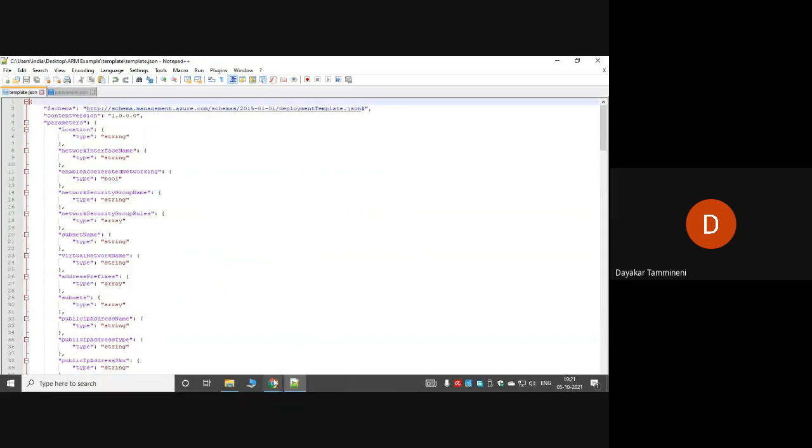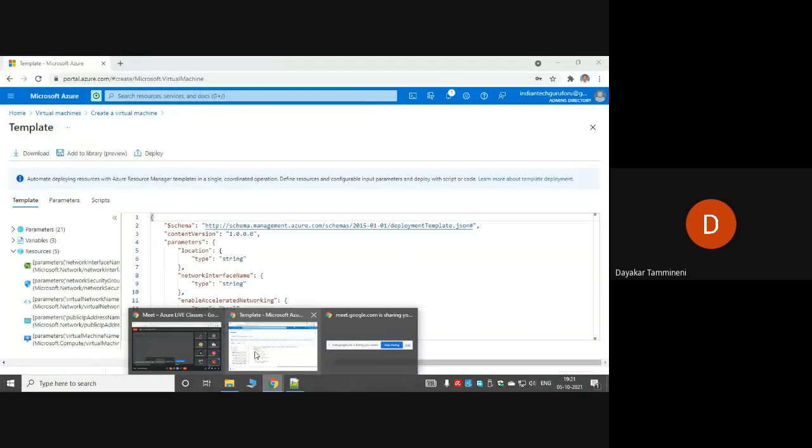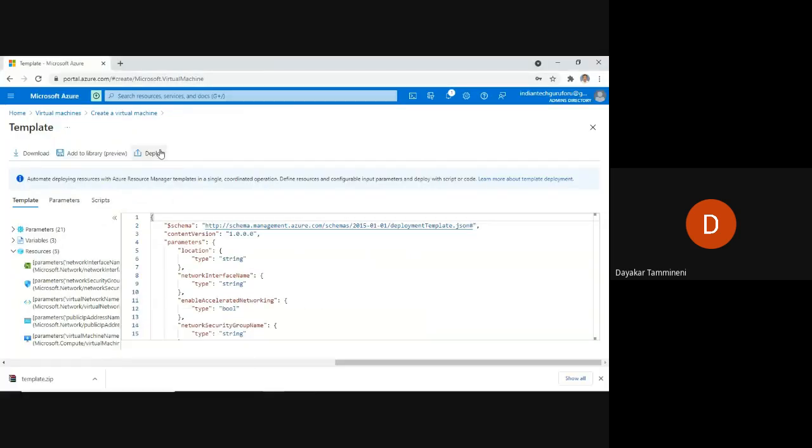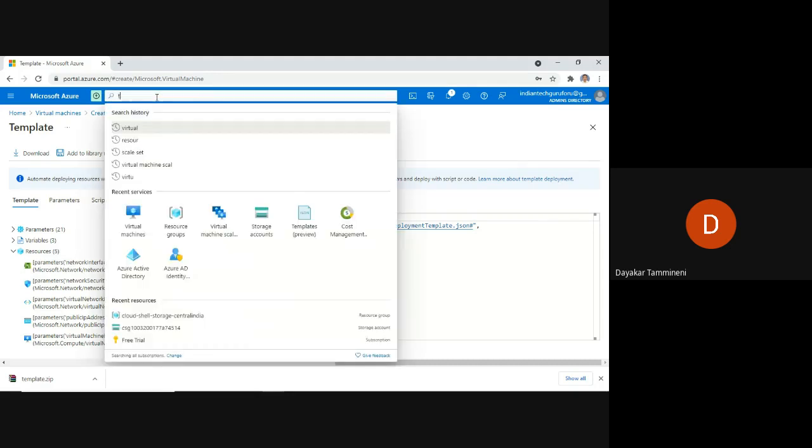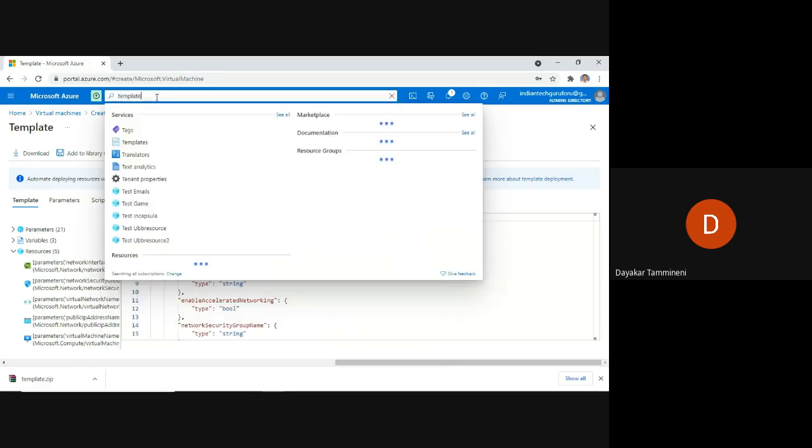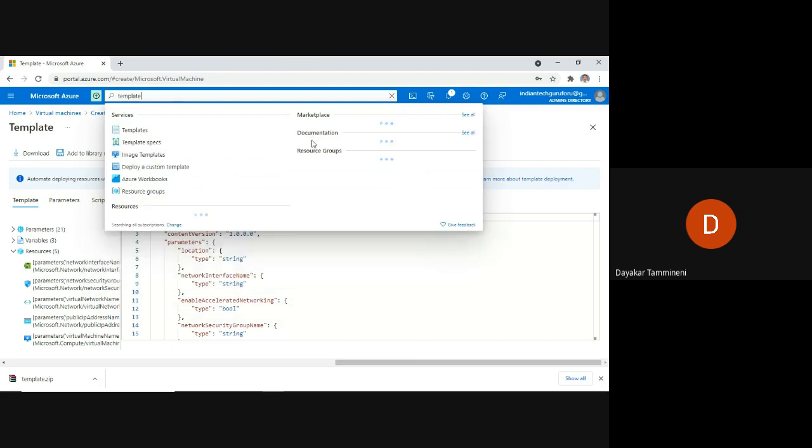Using these two files, now go back to our Microsoft Azure portal. Now I want to create a virtual machine using this ARM template. For that purpose, in the search bar, search for template deployment.